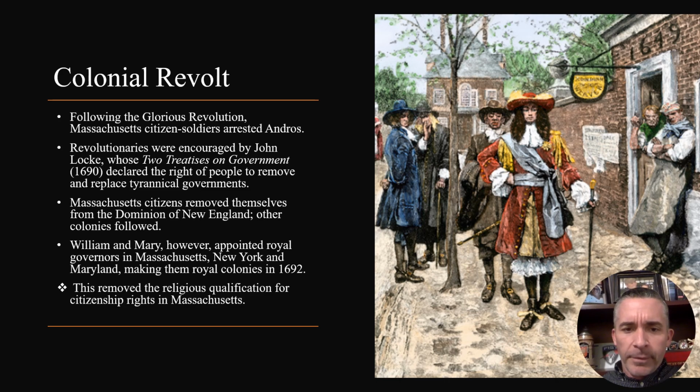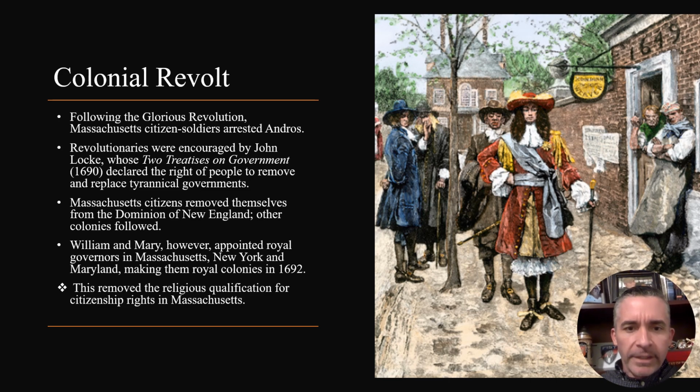the other colonies that had been incorporated, including New York, Maryland, the Jerseys. They restored their own governments, but unfortunately for them, William III wanted to send them a message that he did not tolerate rebellion. So William III appointed royal governors over